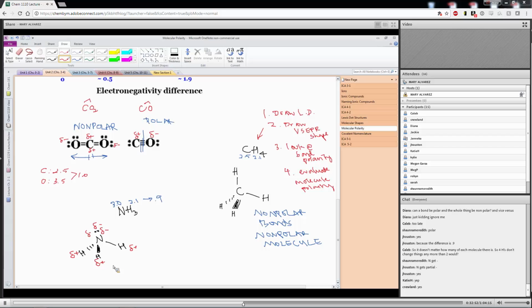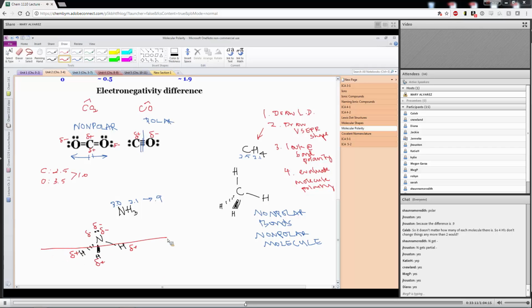Excellent. Now the next question, step 4 here, evaluate molecular polarity. Does this pass the line test? Am I polar overall? Can I draw one line where all the positives are on one side, negatives on the other? Jay Houston says yes. We draw a line right here, positives on one side, negatives on the other. So this is a polar molecule